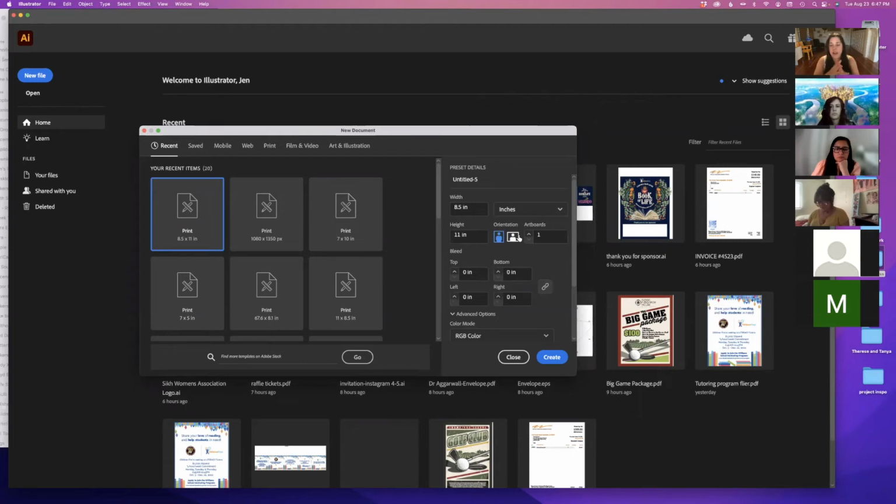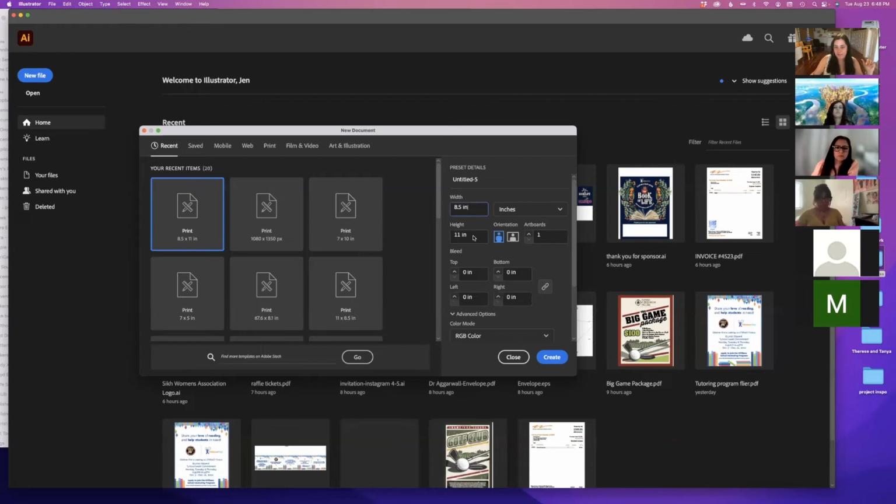A lot of times I will get students not paying attention to what it is, and they will make a document that's 8.5 by 11 pixels. And when they upload it to Canvas, it is super tiny and they can't figure out why. The great thing about Illustrator, and we'll get into that more as we learn about more terminology and programs, is that it's a vector-based program. So what you're creating in this program is infinitely scalable, big to small. It's not pixel-based, so you can just change your artboard size and then scale your design up.